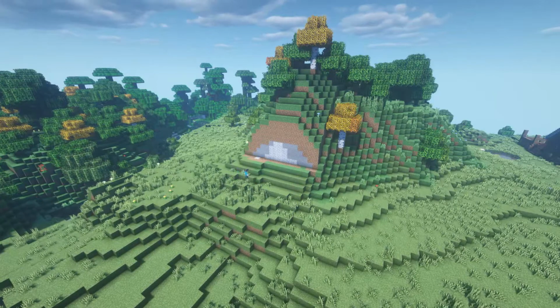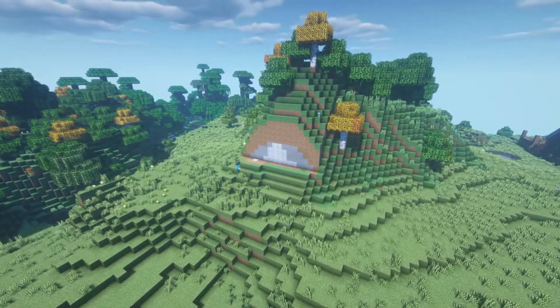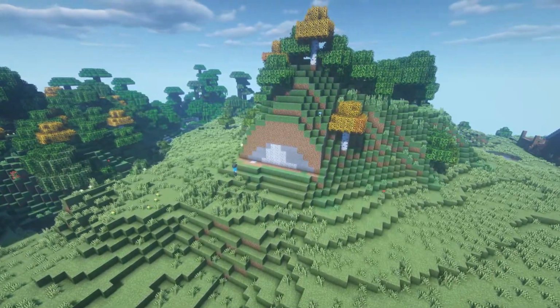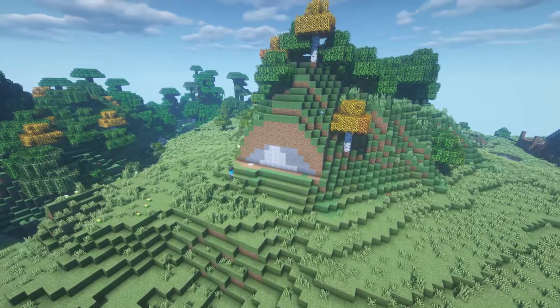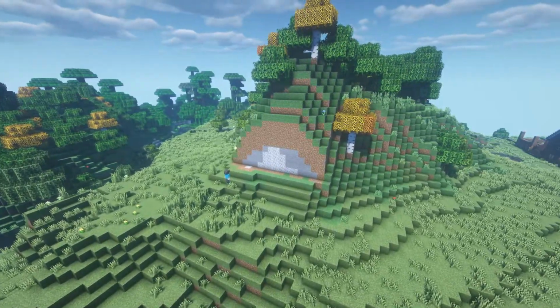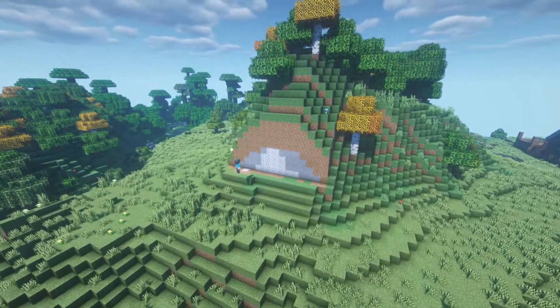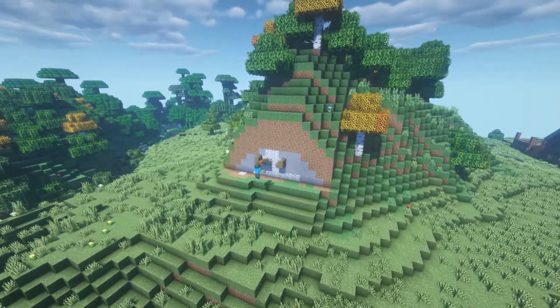Today I'm going to be showing you how to build a little mountain house. As you can see here, we've got this nice little hilly mountain area, and I've just started to terraform out the front of it to get it a bit more flat so I can use that. And then from here on, I decided to go with more of a circle window type